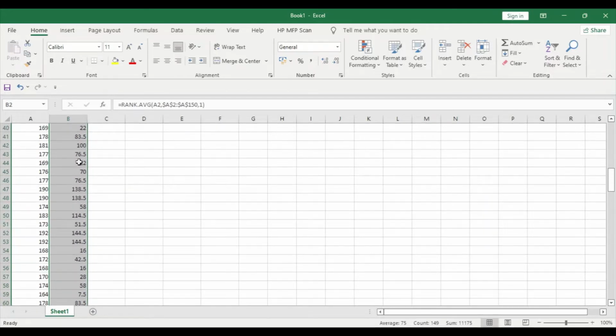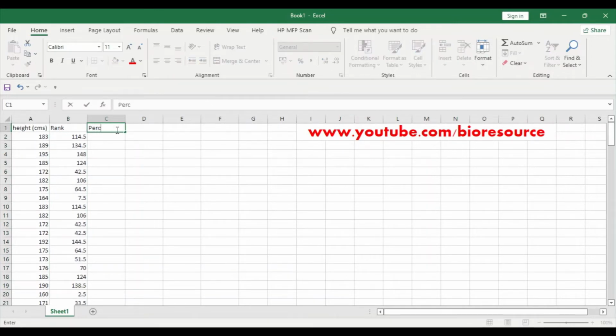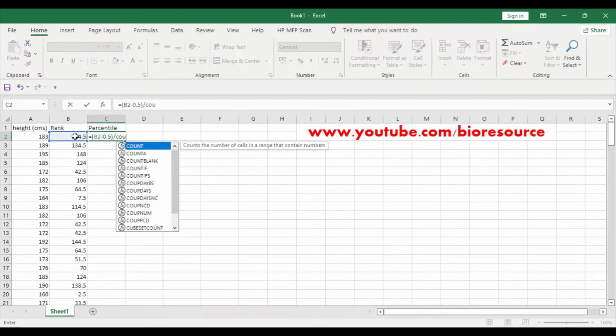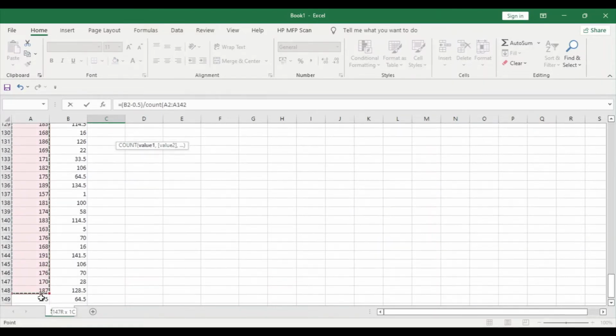Next we will calculate the percentile. For this we can use the equation: the rank minus 0.5, divided by the count of the data points, that is A2 to A150.